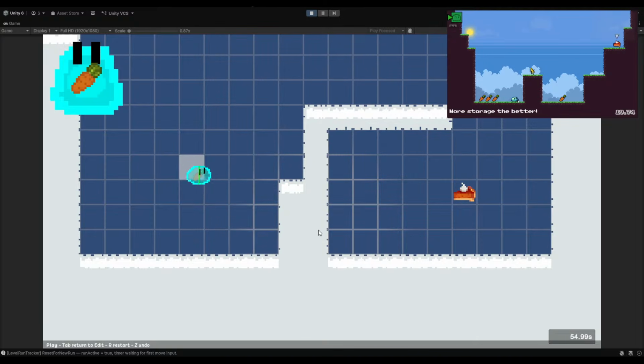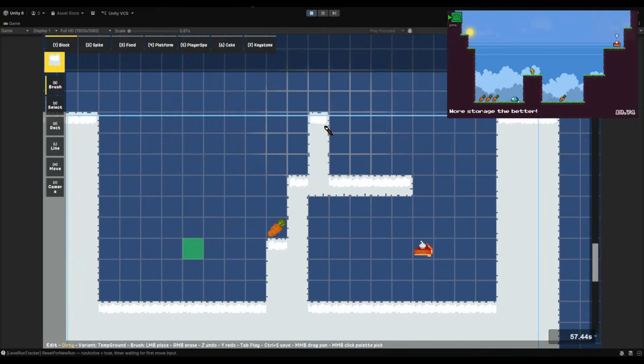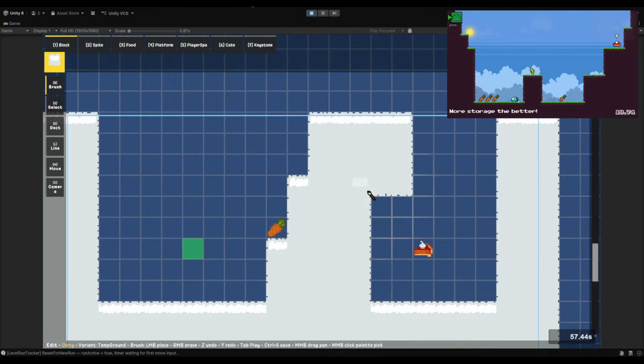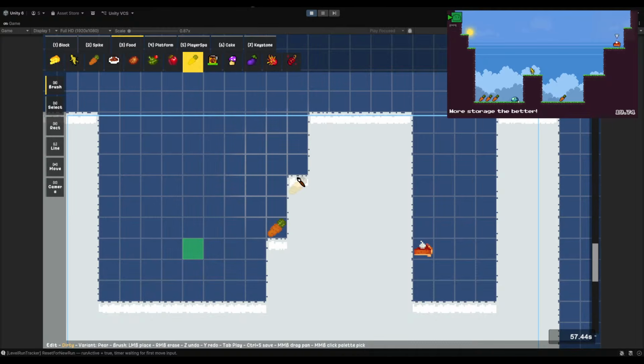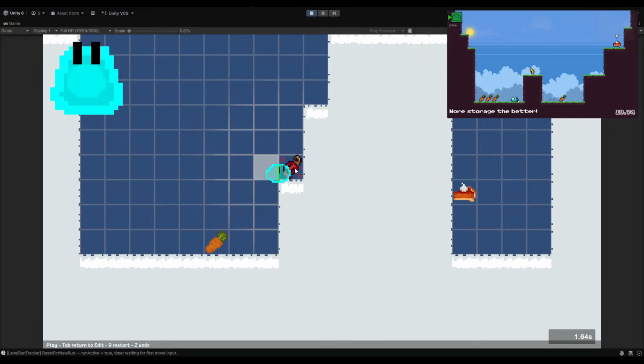Why does it matter skipping food? Because it could be a puzzle level where it's meant to be a consistent design thing. So maybe there's a food that kills you here, right? And then I could have a food here if the player, by the way, I don't have a death animation. The player's dead right now.